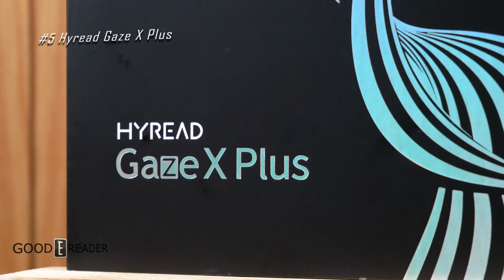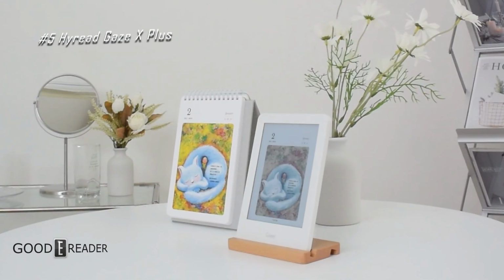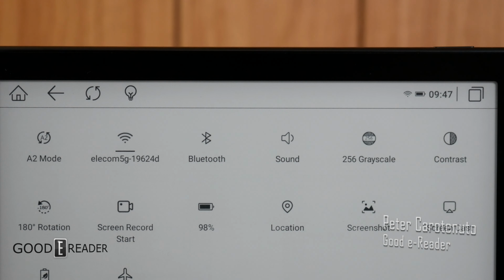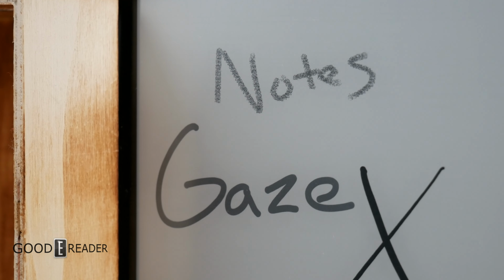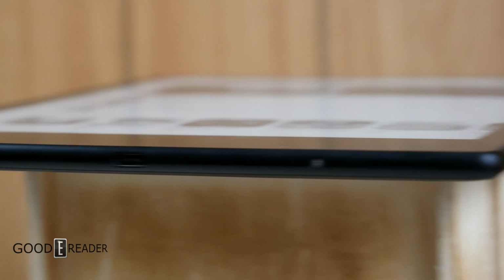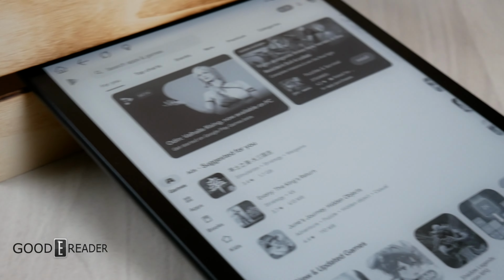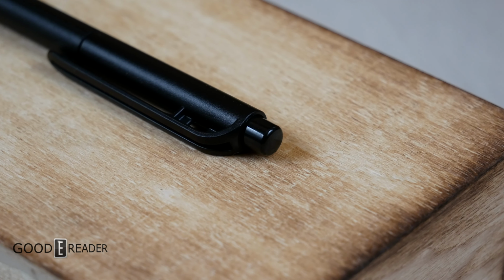Number 5, the HiRead Gaze X Plus. HiRead is a company out of Taiwan that seemingly makes everything from 6-inch e-readers all the way up to 10.3 note takers, as well as color variants along the way. They're fairly capable, have decent specs and an adequate pen, and Google Play. Audio on board is standard across the entire unit. Where they fall short, however, is the overall UI, the staining, and a little bit of a sluggish experience. Typically, they are sold at a lower price point, so if you have some patience, it might be worth it for you to check out